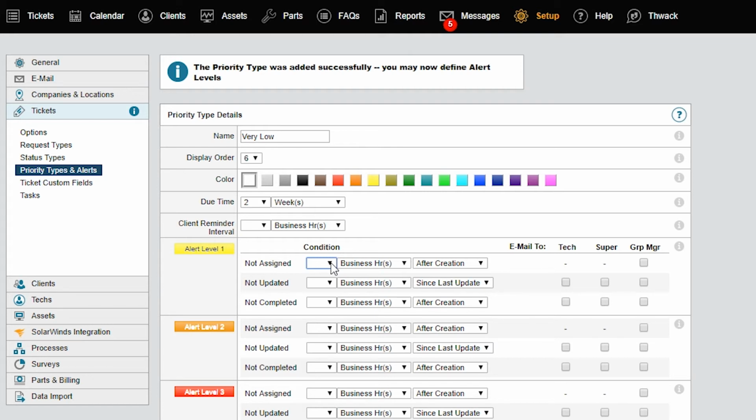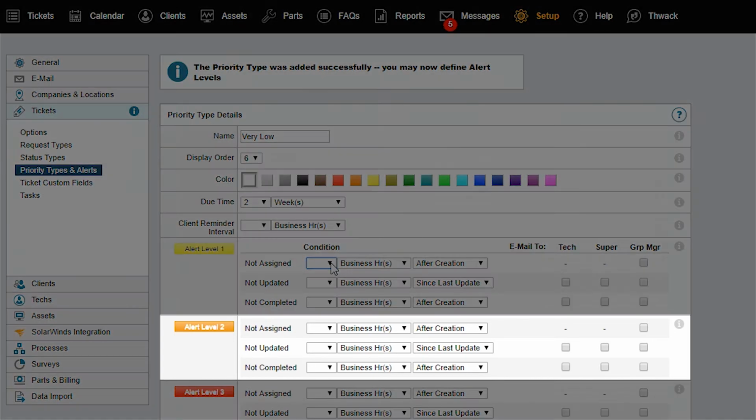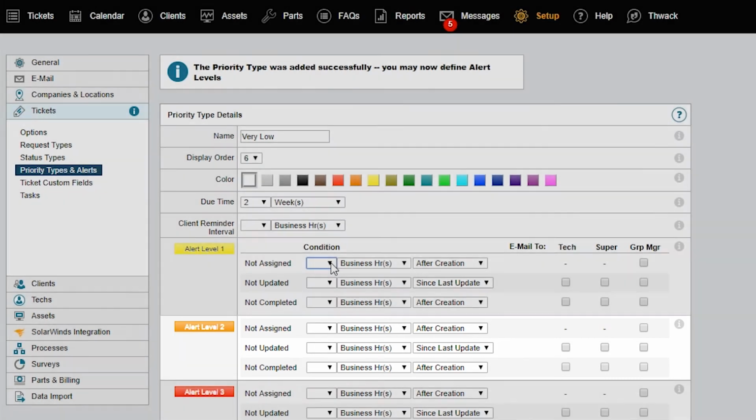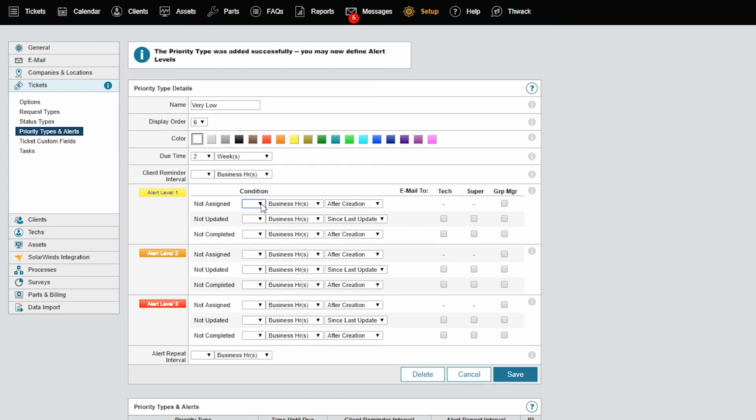This allows you to alert more and more people if the ticket is not assigned, updated, or completed within a certain amount of time. Some service level agreements require a response from your team within a certain amount of time. If you also have a requirement that the issue must be resolved within, say, 48 hours, you can set up a level 2 that addresses the completed parameter. If your requirements are not that complex and you just want to be alerted if a ticket sits too long, 1 level is usually enough.